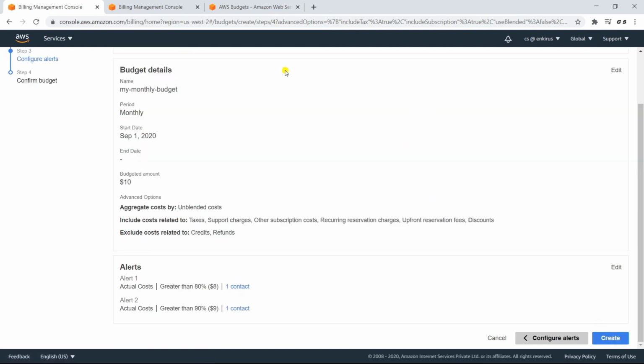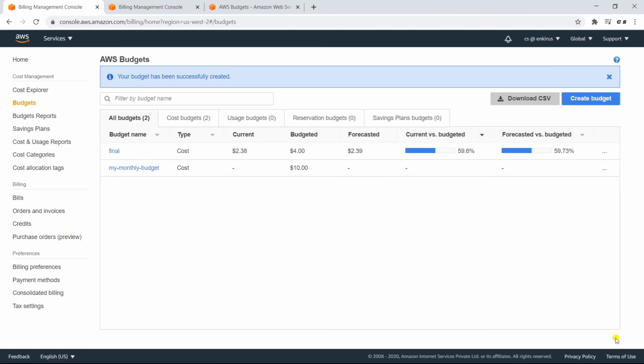You can see the various things which you have selected here. I'll create the budget, and basically as you see I have created my monthly budget, cost $10. It is a monthly recurring budget, and I had showed you savings plan. You could have created a savings plan here. Cost allocation tag, if you want your various teams to tag the resources, you can see their cost according to their team. This is how you create a simple budget, and you can always be apprised of the cost which your resources are using, and can take necessary action. Thank you.